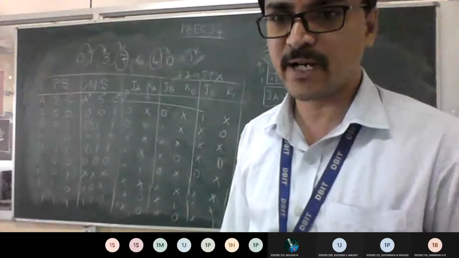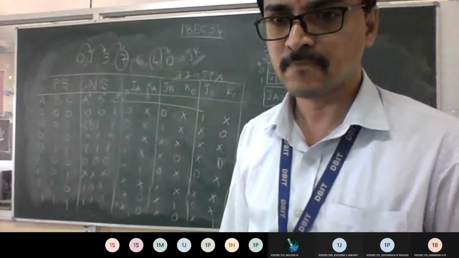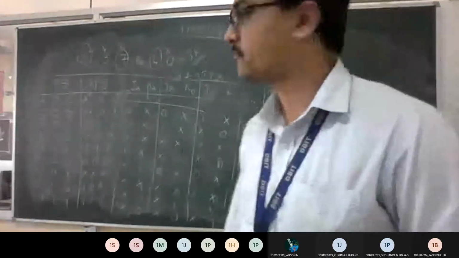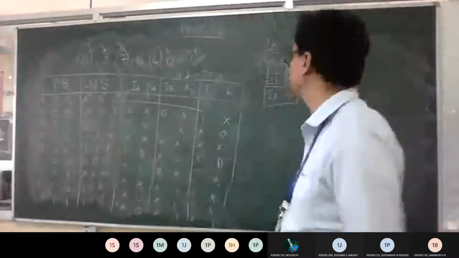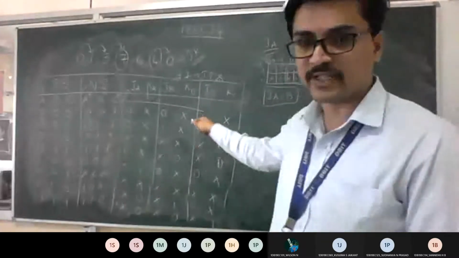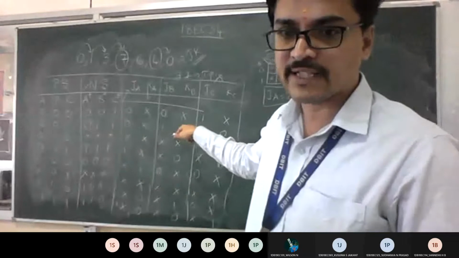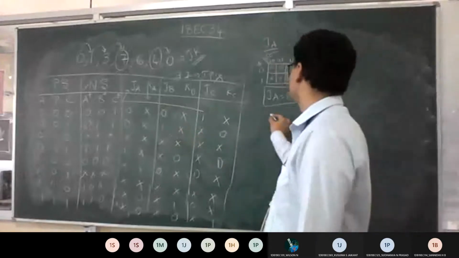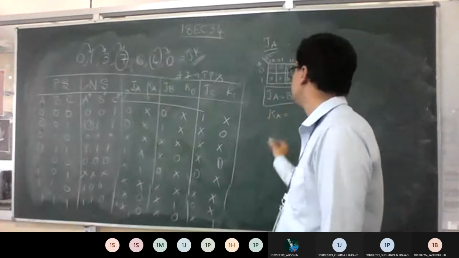B section guys, any doubts here? No, sir. Fine. So can you finish off the remaining part now? Similarly, you plot for KA, JB, everything, and tell me what the equations are individually. Anybody want me to put a K-map for any other sequence? Let me know. Let me make a K-map, or else straight away you can tell me the answers.